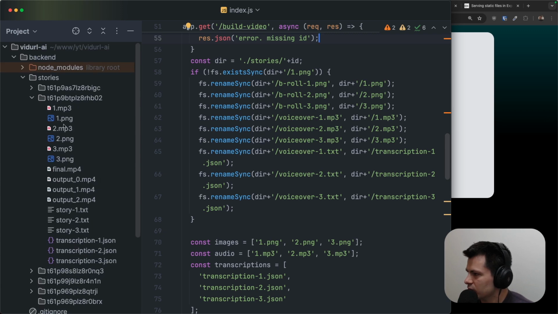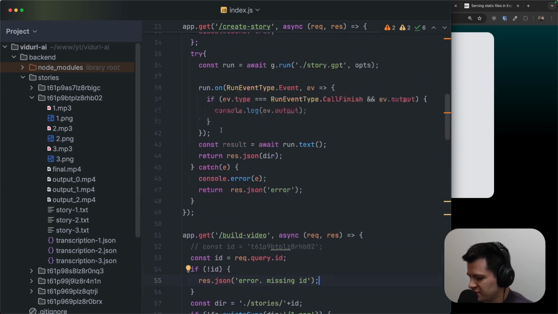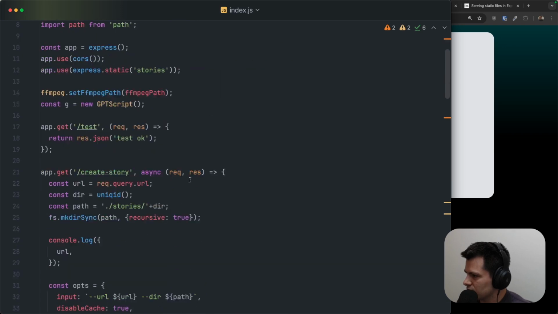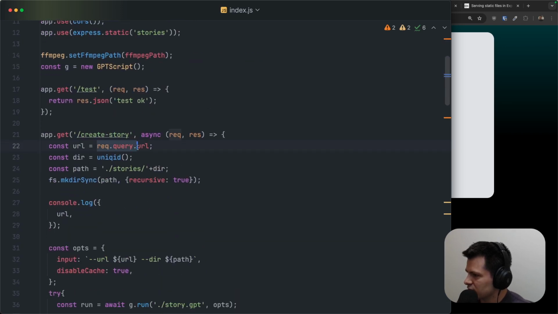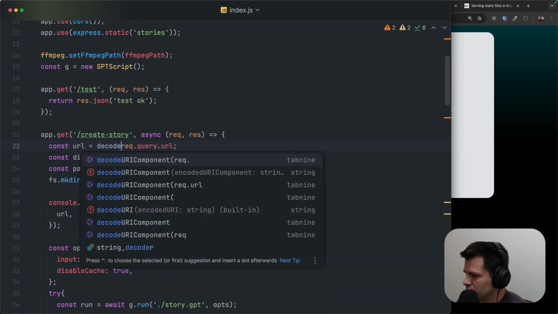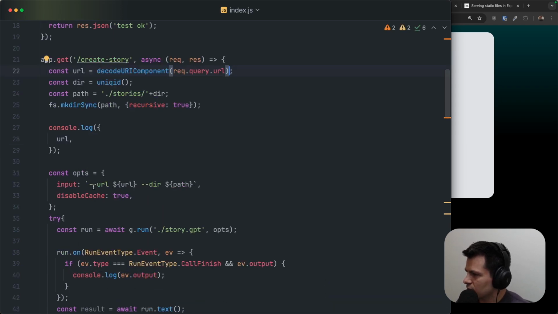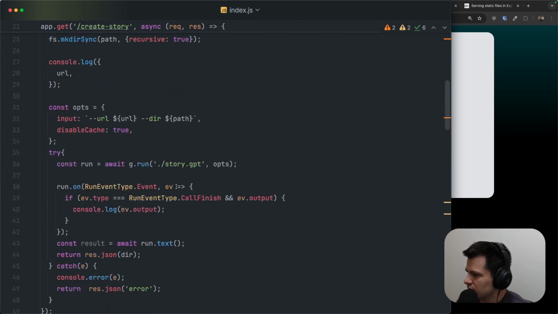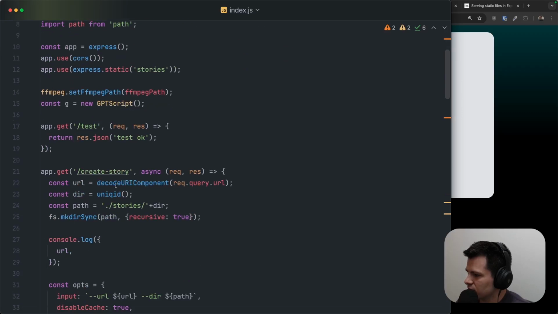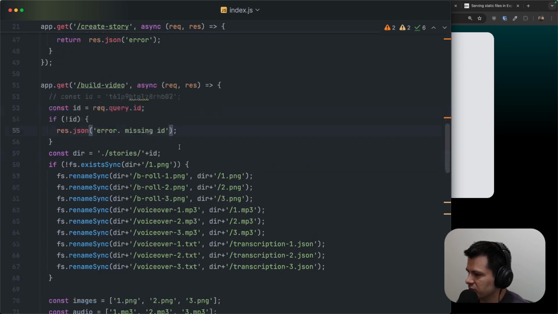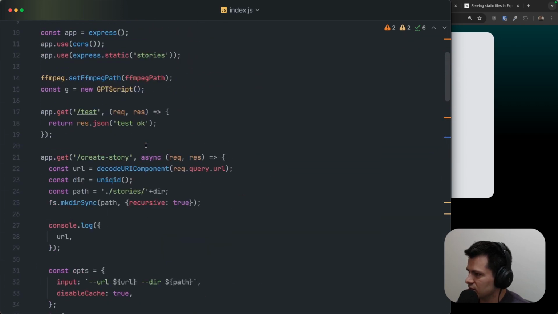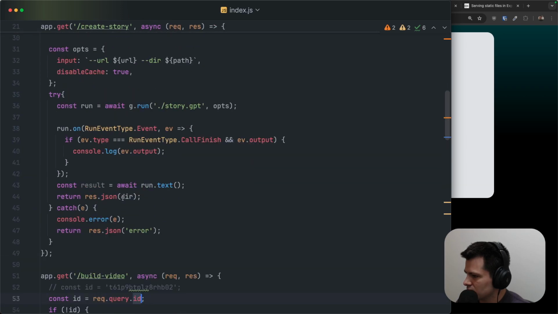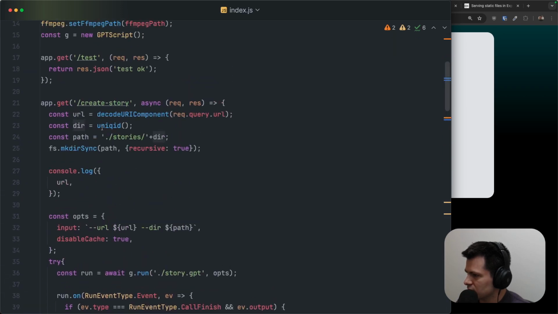Now we need to go back to our client, right? To our React app. But first let's just check again our endpoints here. First we do create story. We take this URL. Maybe just to be sure, let's do the encode URI component of this, and this looks cool. So this endpoint that we need to first call, create story, it will create those assets. And then we have build video with specific ID. Let's see, just if we return ID here,